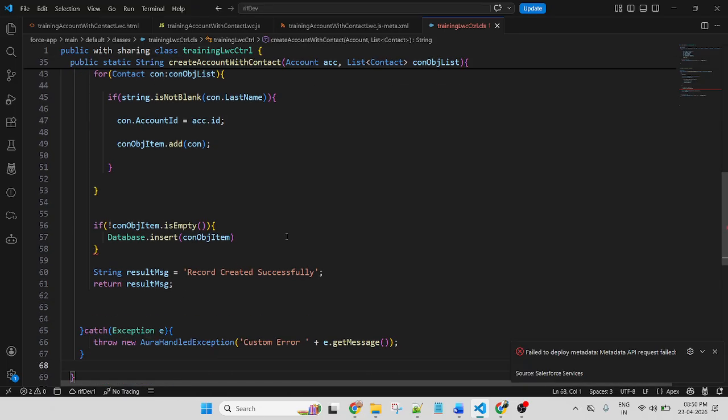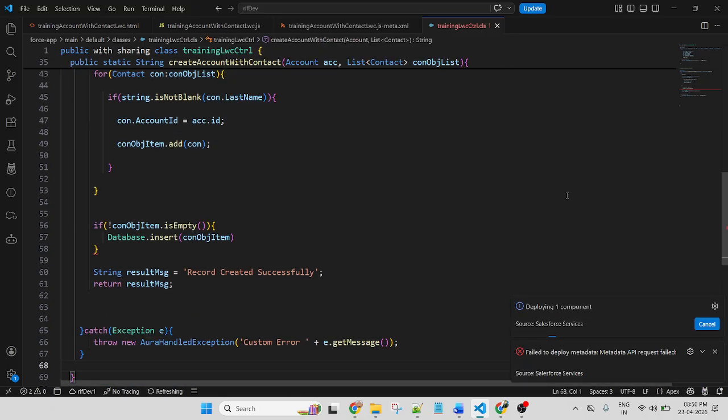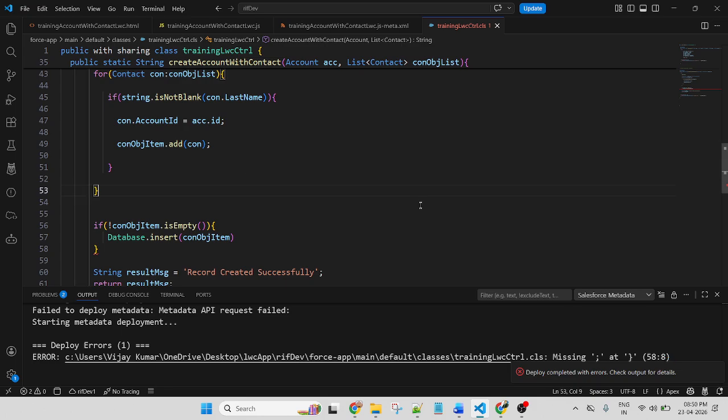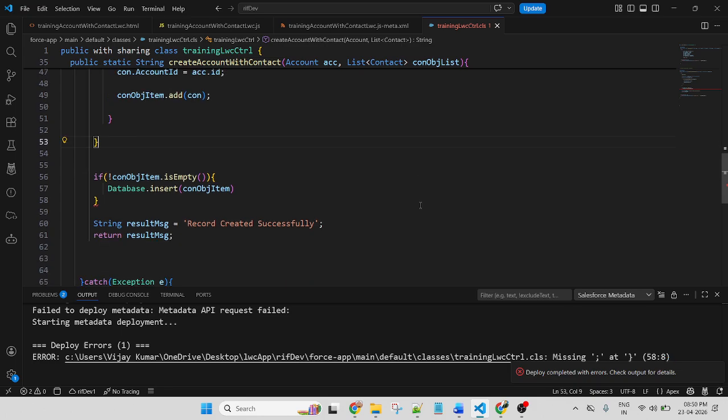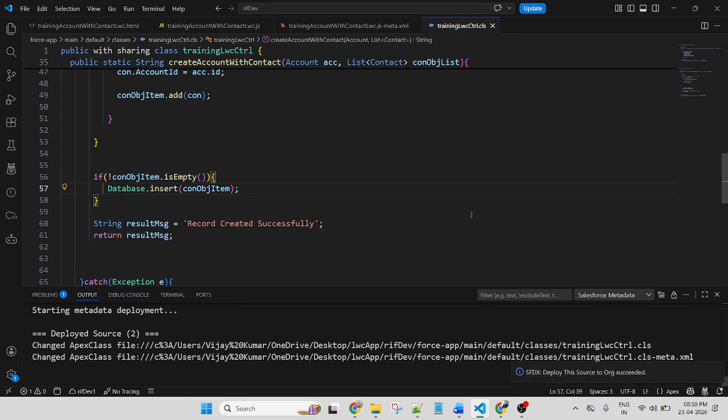Okay, let us see. Missing semicolon at line 58. Okay. Now let me deploy the code. Yeah, my code has been deployed successfully.